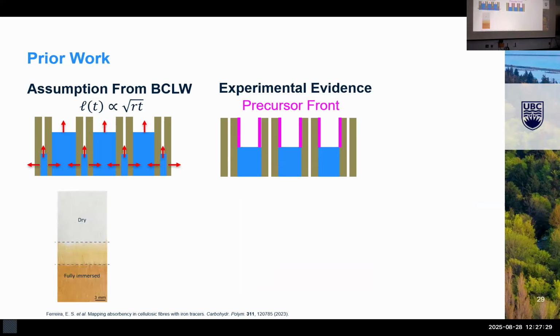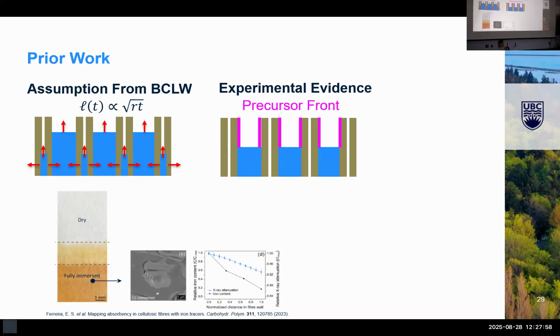And we did a study a few years ago using iron tracers on a piece of paper. So we bake in this soluble iron compound into the sheet, and then dip it in a basic liquid, which causes the precipitation of these iron nanoparticles. Then we wash off the unreactive iron. So we have these nanoparticles that are left behind in all the areas that were wet during absorption. And wherever there's more iron, there would have been more liquid at the point in time that we stopped